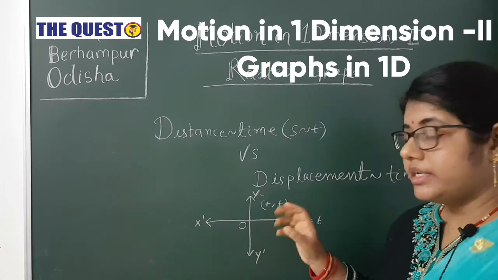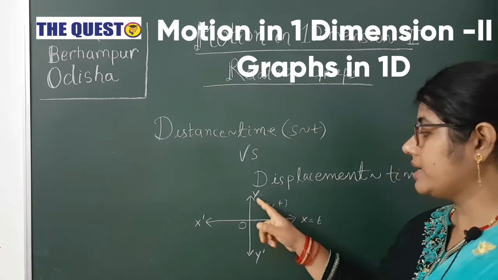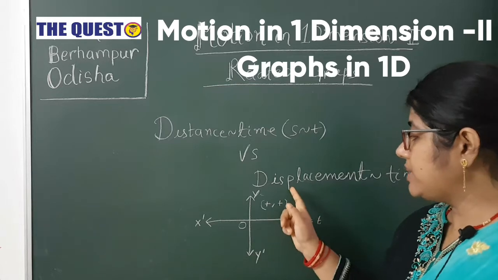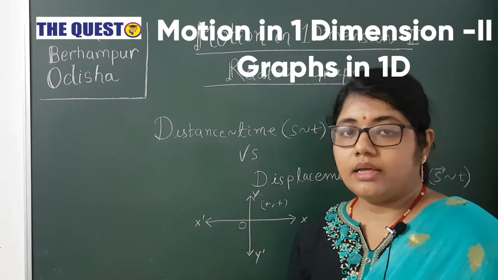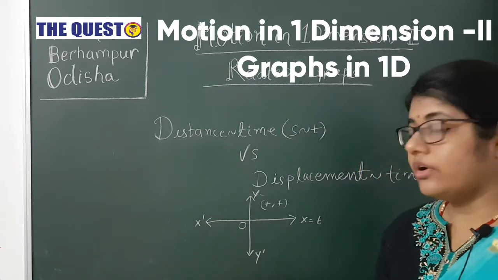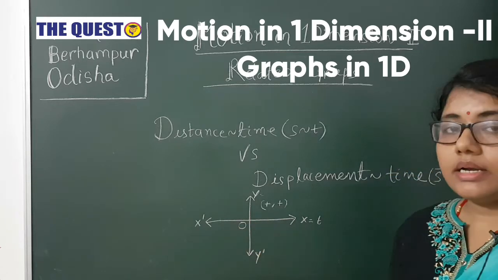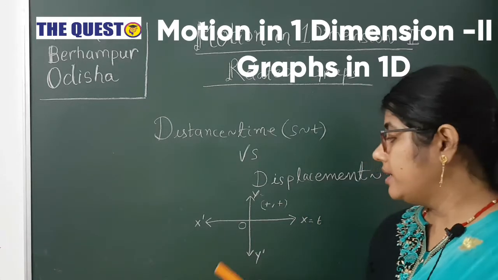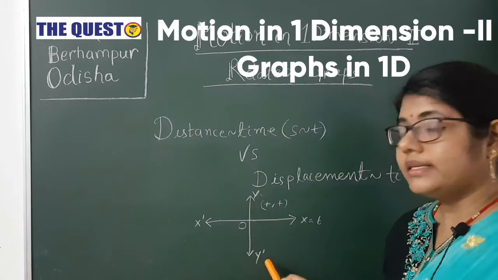Most of the time we take x as the progress in the time and y as the different physical quantities. If we consider displacement and velocity, they are vector quantities and they may have negative values. So the graph also may extend to the fourth quadrant of the coordinate system, where the x is positive and y is negative.